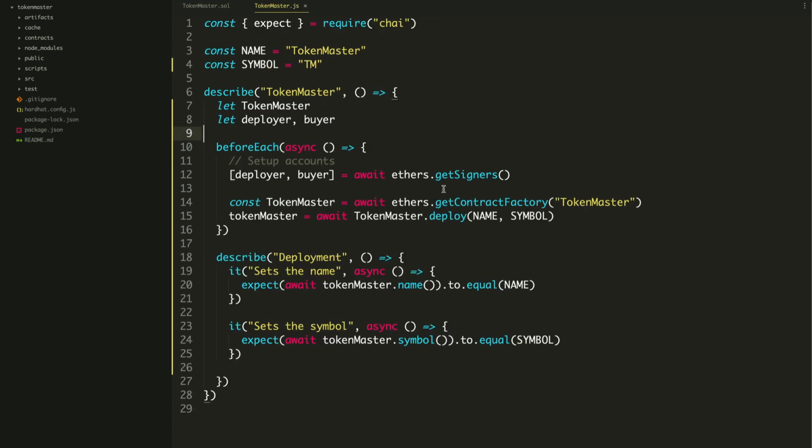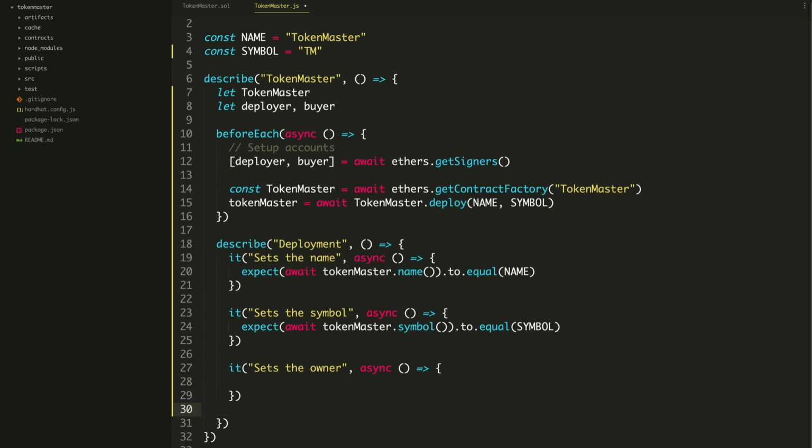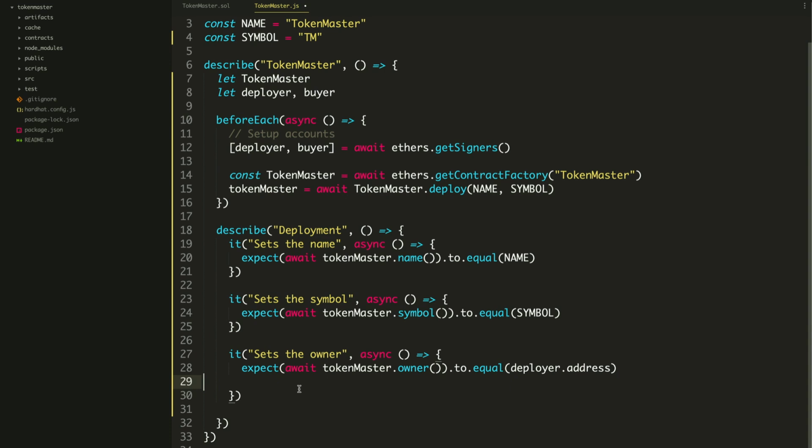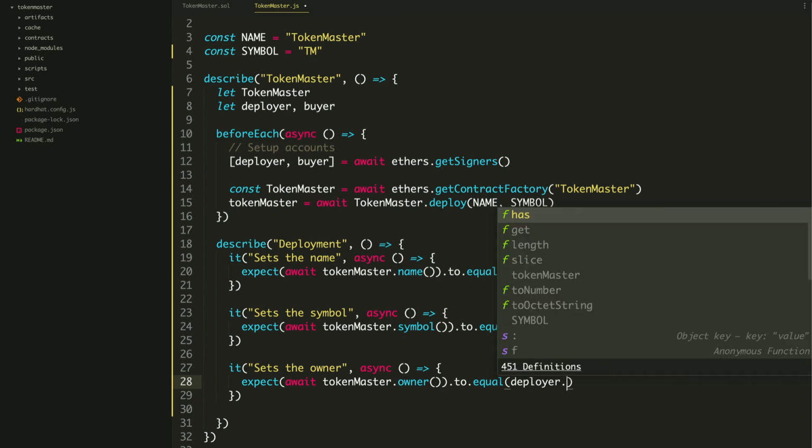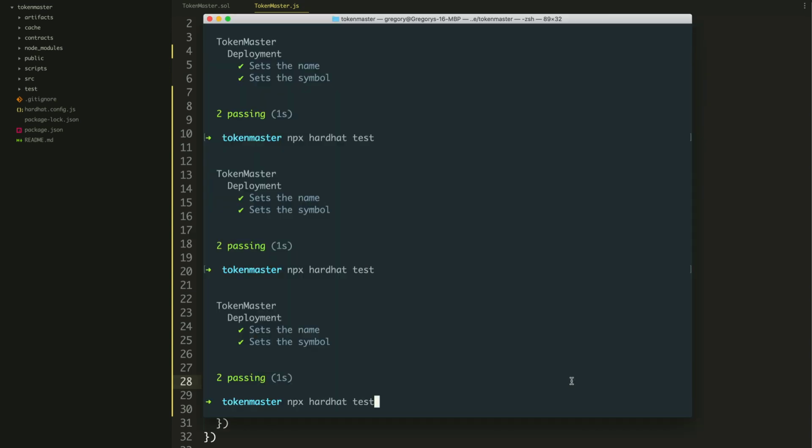So what does that look like in our test? Well, we went ahead and got the deployer address here, okay? And so we can just create a new test example that says, hey, it sets the owner, all right? And then inside of that, what we can do is basically say expect await tokenMaster.owner, again, that's this function that's exposed by Solidity when we made this public, to equal the deployer.address. Okay, this deployer right here, and then you call .address. Okay, you have to call .address. Otherwise that's not going to work. It's going to return the entire signer object, not the address. Let's save that, run the tests,